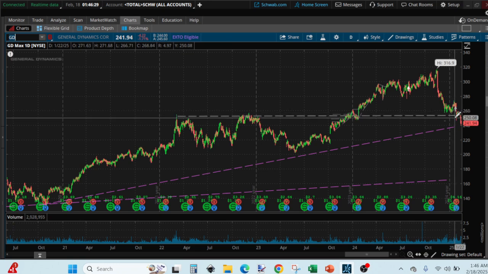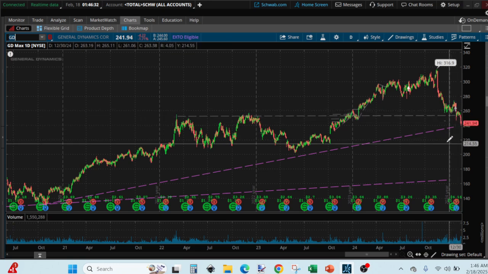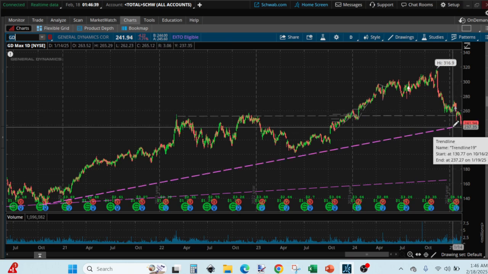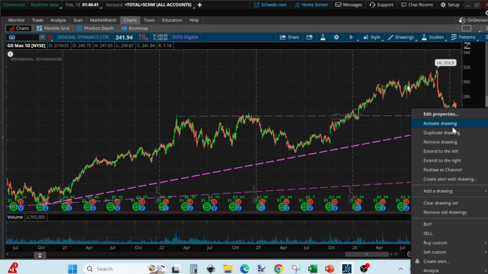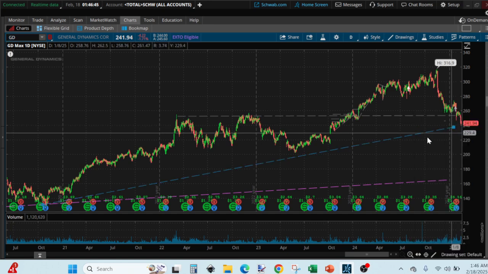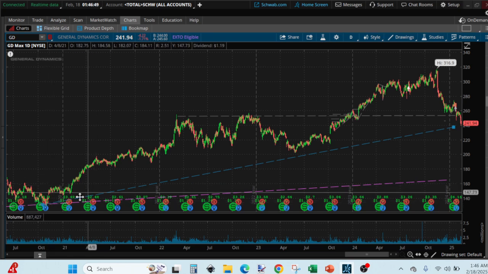So when it reached this level, we purchased some. That's why we have the arrow there, but it seems to be going down to touch base with this trend line. So we don't know if it's going to stop at that trend line or if it's going to continue down. That trend line originated from somewhere here,